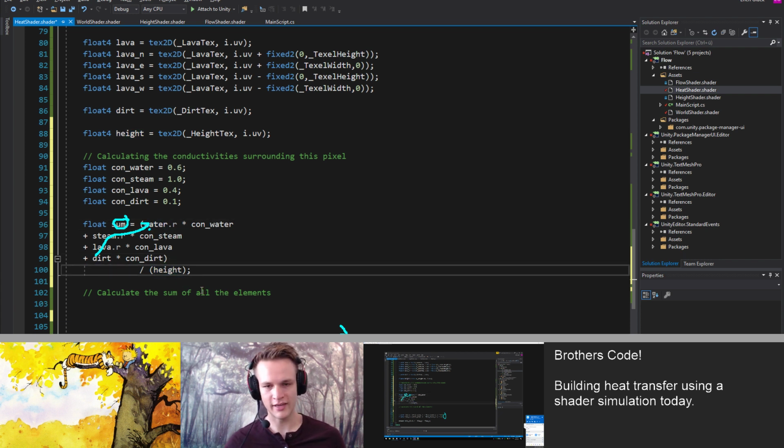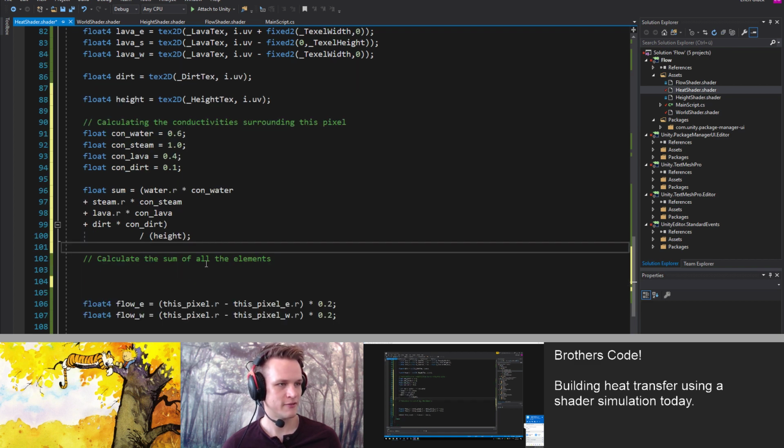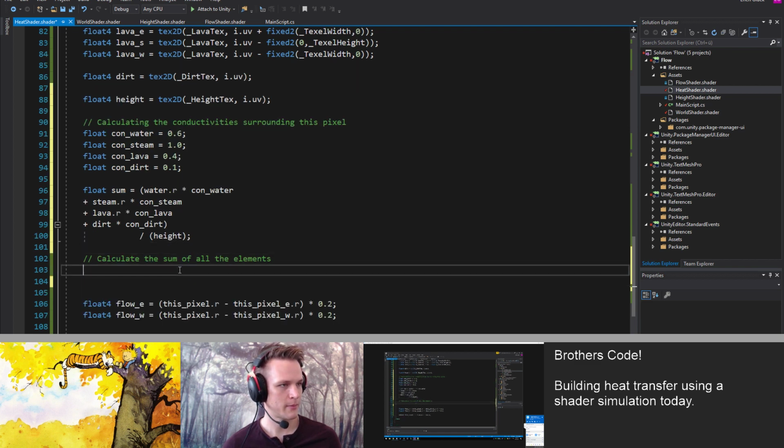I don't know. I'm going to look up what happens when you divide by 0 in a shader. The behavior is undefined. Well, that's helpful.